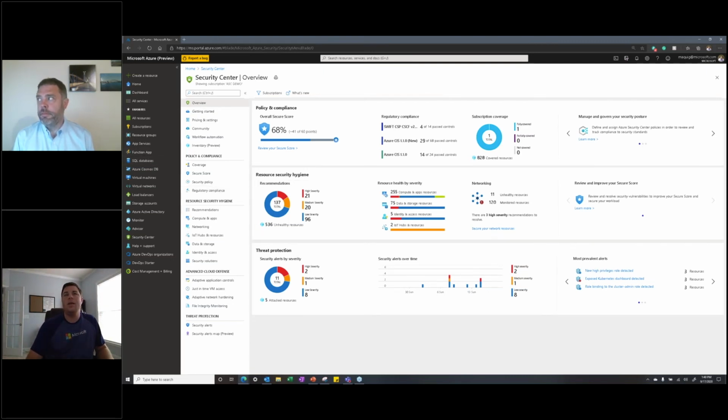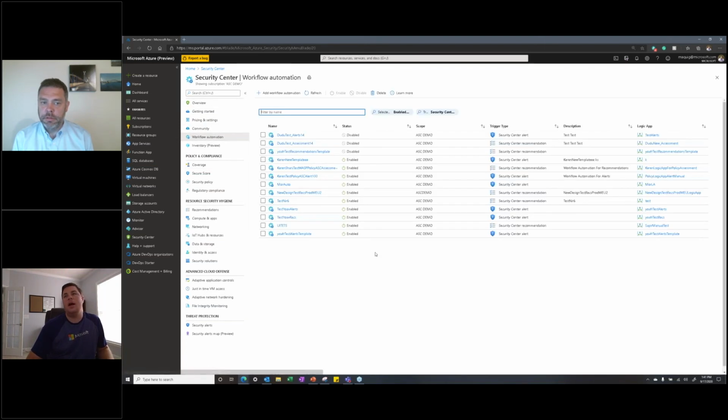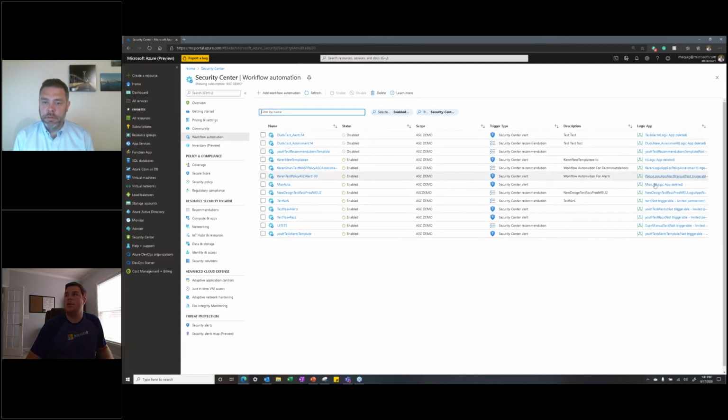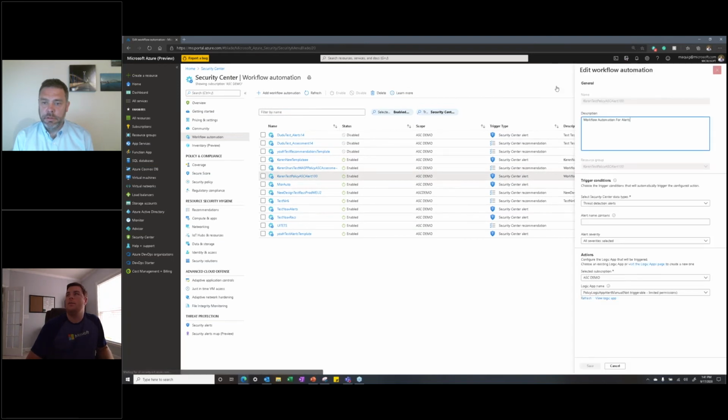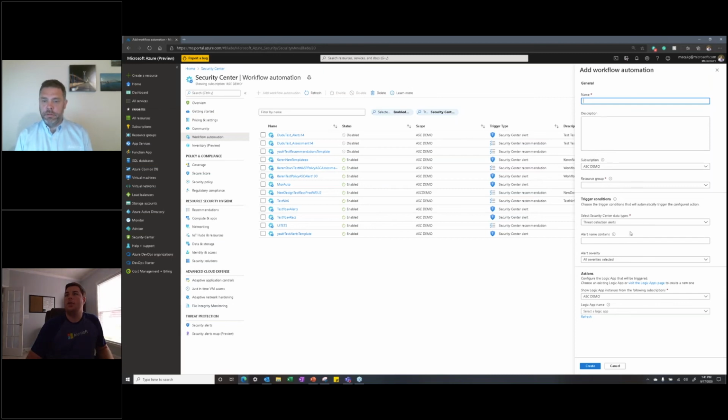So within Security Center, you have a lot of different capabilities. Obviously, you have the visualization piece that's kind of Power BI dashboard type looking. But we can get into some of the workflow automation, which is where the logic apps come into play. We won't spend a lot of time here because we could spend all day here. But essentially, when you add a workflow automation, you're setting up your trigger conditions and your actions.